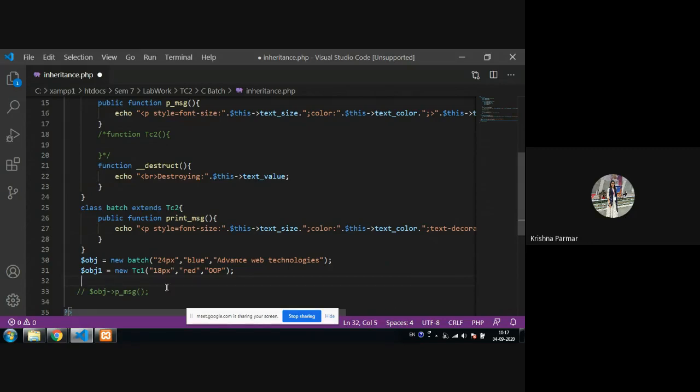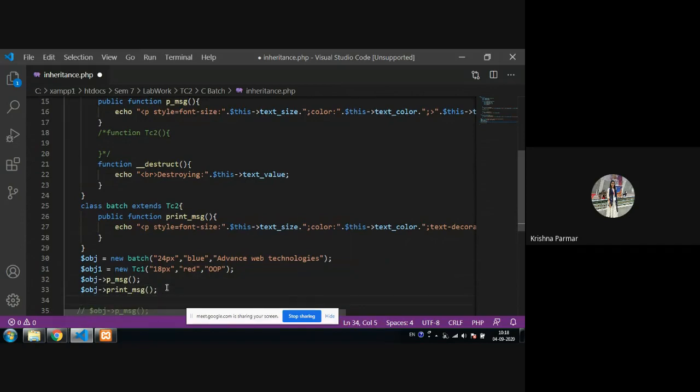I'm using both objects. This is the syntax for calling a method. In the same way, I'm also calling the other method, print message. There is another object, obj1, and using that I'm calling the other functions too.